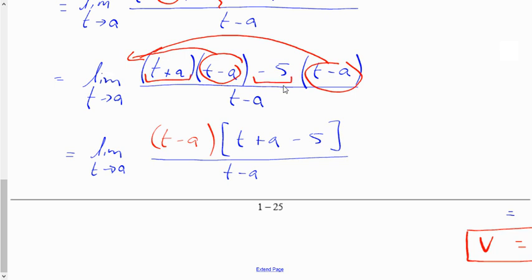Well, at this point, we can see this common factor of t minus a, which is the problem factor. So once we cancel that out, then we can do a substitution. Now I can replace this t with an a because t is approaching a. So my t value approaches a, I can just substitute in, and I'll get this as a velocity function of